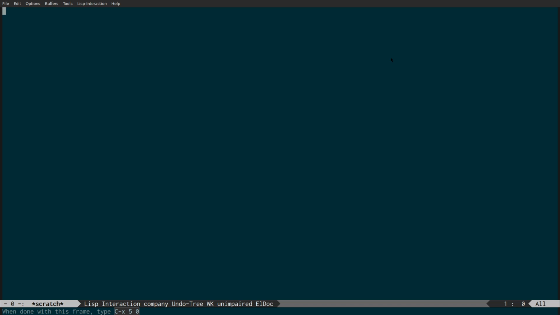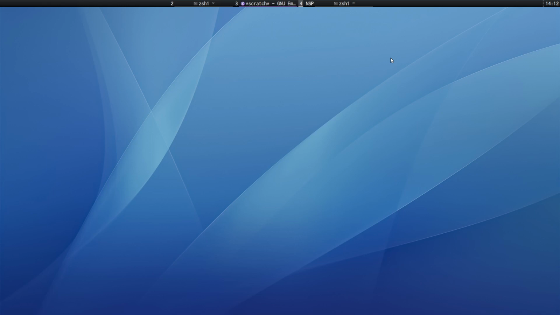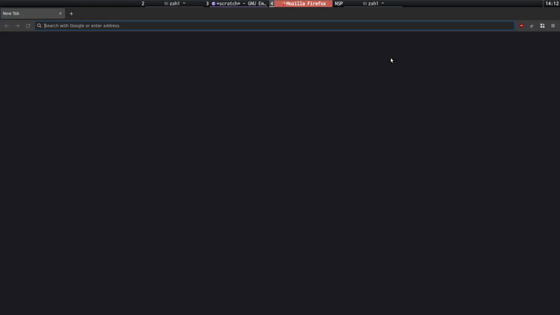It's got the fewest working parts to debug and fix. So you're not messing with systemd. So if I come across here, Firefox, and just show you